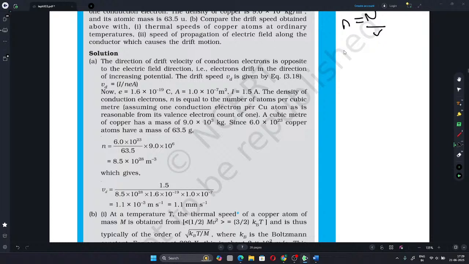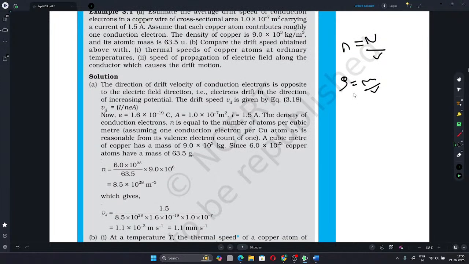The formula is density rho equals mass by volume, and they gave the mass of the conductor, which is 9 into 10 power 3 kg or 900 kg. We took the mass of the conductor to be